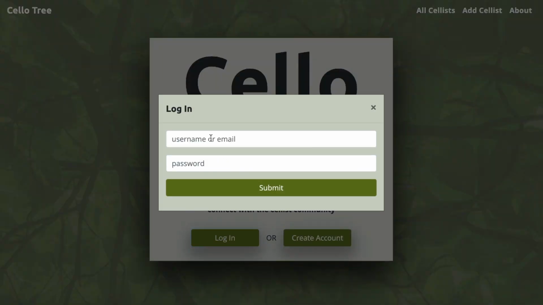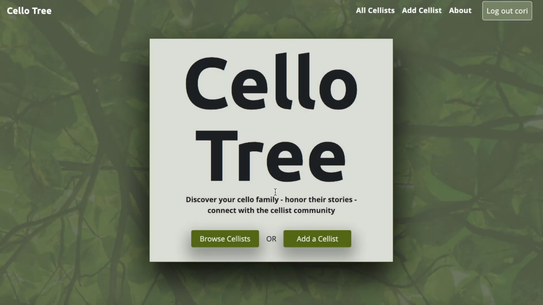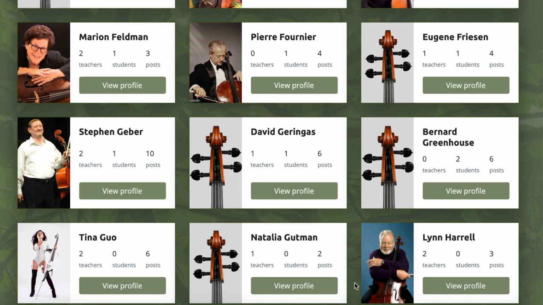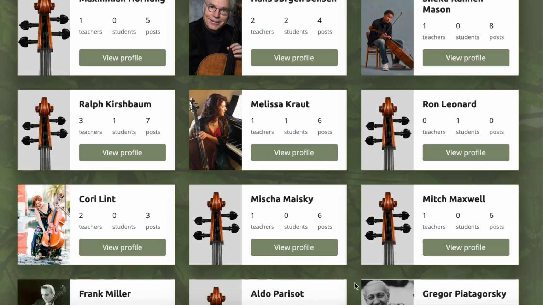Cello Tree is like a family tree of cellists. Instead of being connected through parents and children, this tree is connected by teachers and students. Users can browse the cellists, which are stored in a PostgreSQL database and integrated with the Python Flask backend using